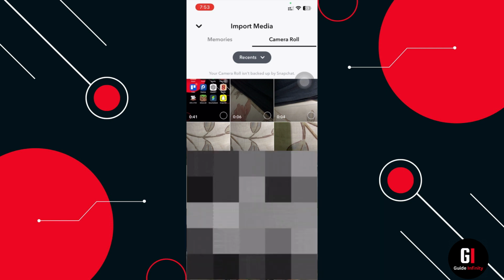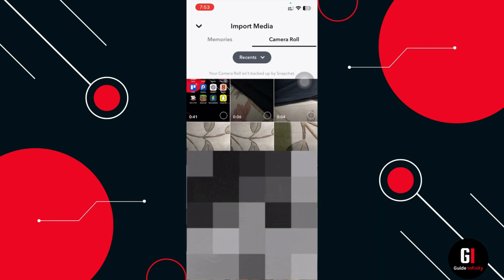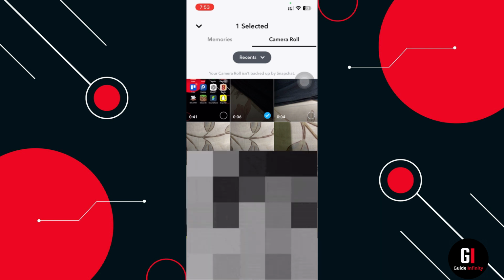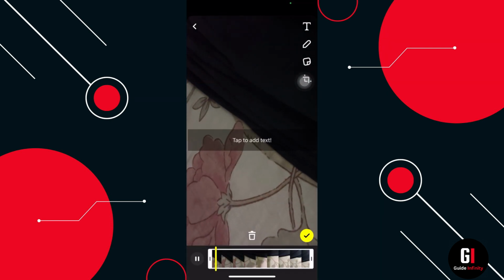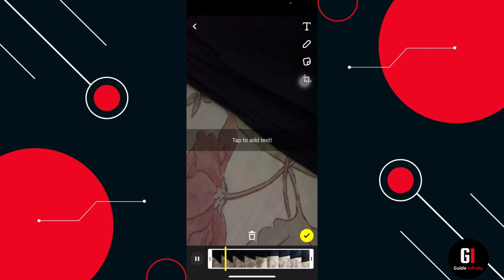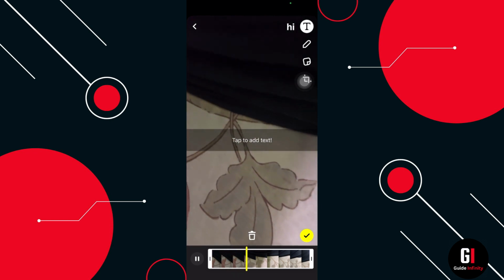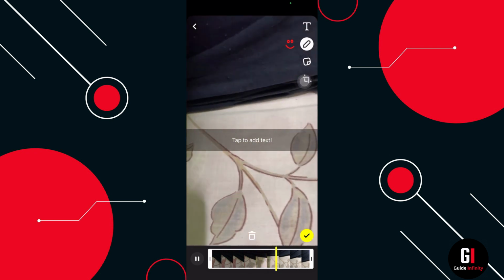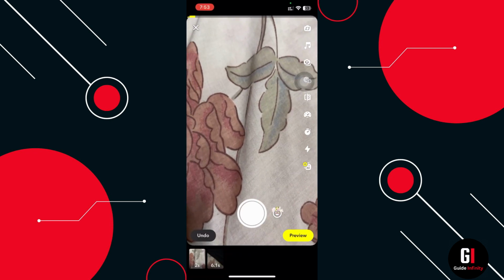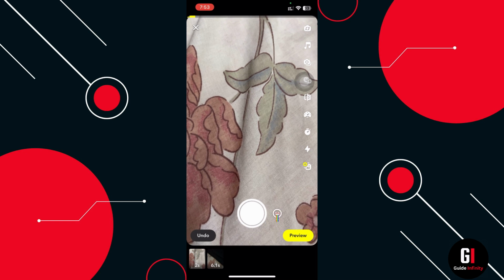Then what we're going to do is choose another video to import into the existing snap. So I'm just going to select this particular one. Then we can see this has now been added. If we're happy to go forth with this one, you just press the yellow tick on the bottom right hand corner. Now you can see we have two videos at the bottom that have been put together,